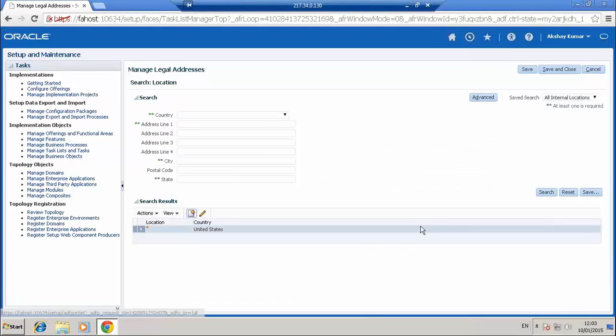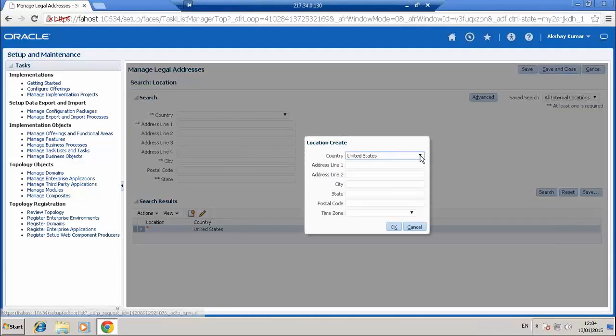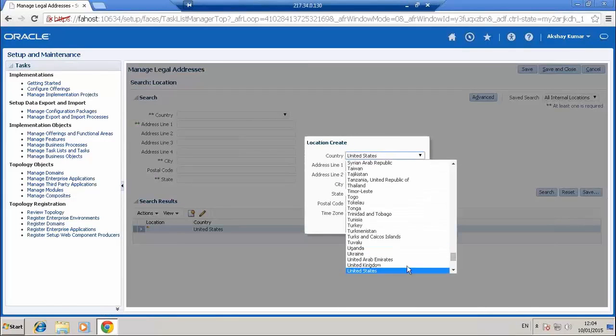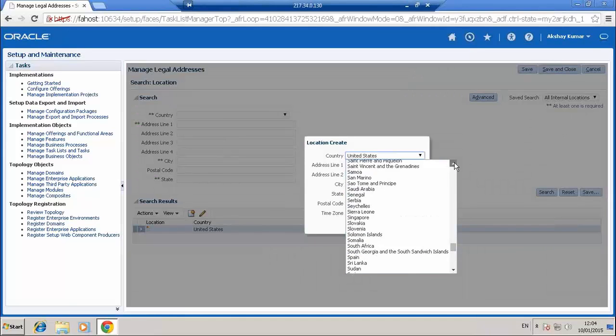That's it. So for the information of the location, address line 1, 2, 3, is that a field setup? Yes. No, see, this is based on the country's layout. If I select any other country, let me see for India, it will change. There is a setup for this. Manage geographies is the setup for that. So for that you can change.